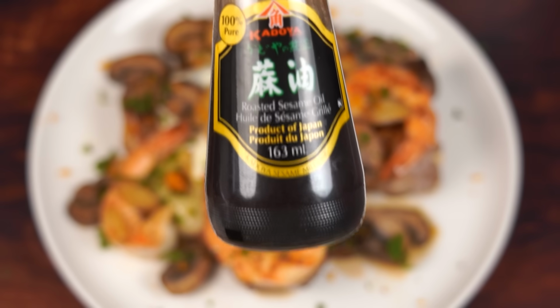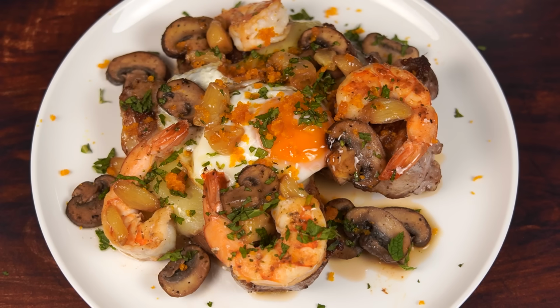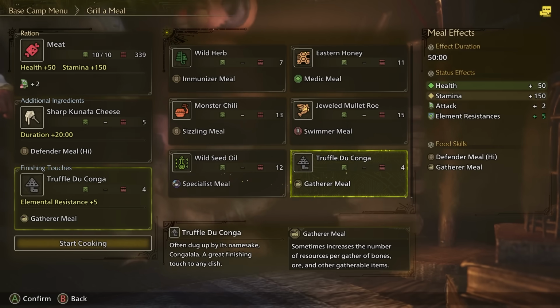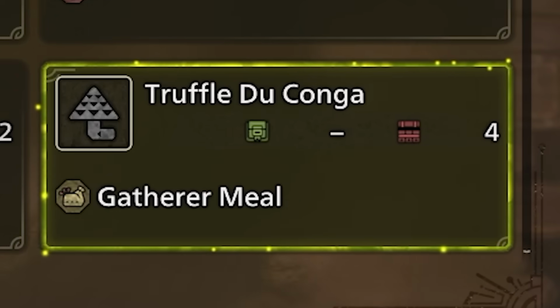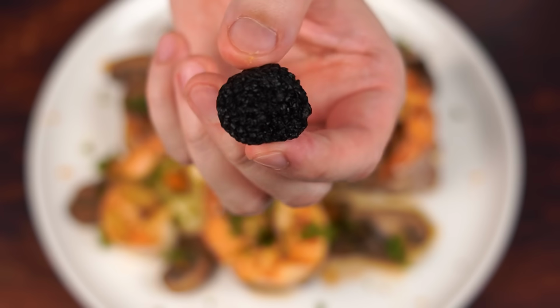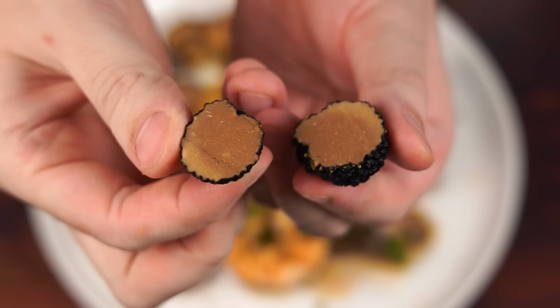The only seed oil I had is sesame seed oil, which is also a great finishing oil to add flavor and aroma, so I drizzled on some of that. Another finishing ingredient in the game is truffle du conga, which are dug up by these pink, furry, gorilla-looking congalalas. Now, truffles are super expensive, but I did find these small truffles preserved in oil that are still pricey, but